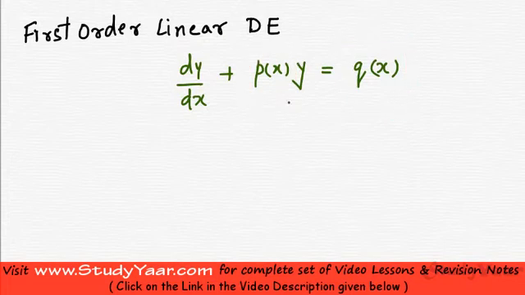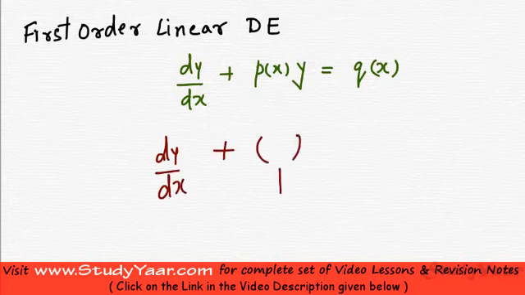So whenever you have dy/dx plus something which is entirely x based, y, equal to something which is entirely x based, then we say that this is a